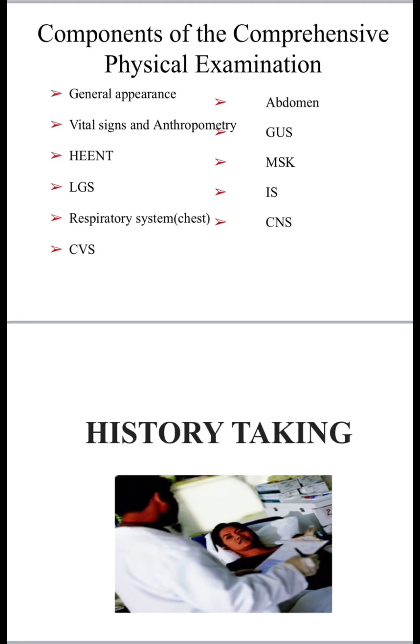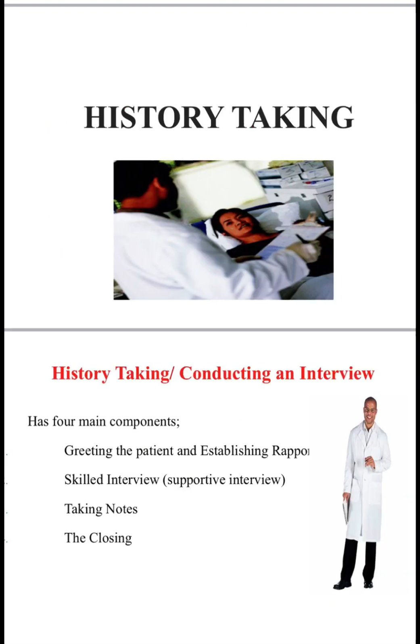findings. Components of a comprehensive physical examination are the general appearance of the patient, vital signs and anthropometry, HENT, abbreviation for the head, ear, eye, nose and throat, lymphoglandular system, respiratory, cardiovascular, abdominal, genitourinary system, the musculoskeletal system, integumentary system, and CNS. On taking history as an interviewer, greet the patient well, introduce yourself, your position, and ask